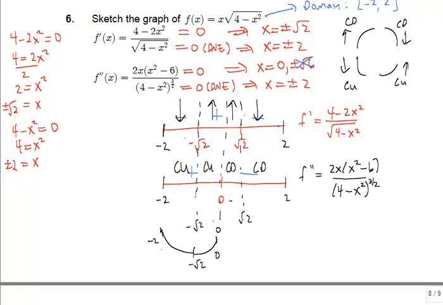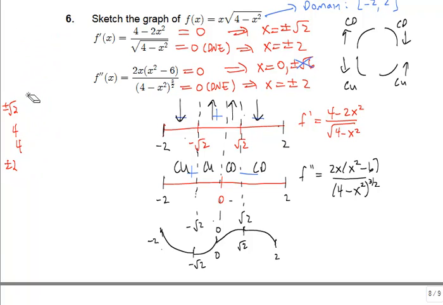And then from 0 to root 2, I'm concave down, increasing, which is this left piece. And then from root 2 to 2, I'm concave down, decreasing, so that's this shape until I hit 2. So putting it all together on my graph,